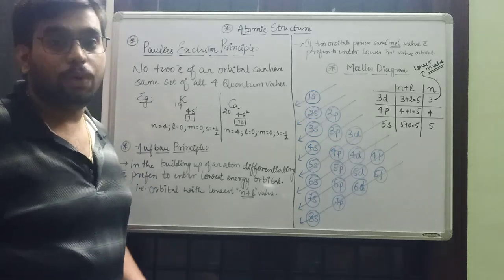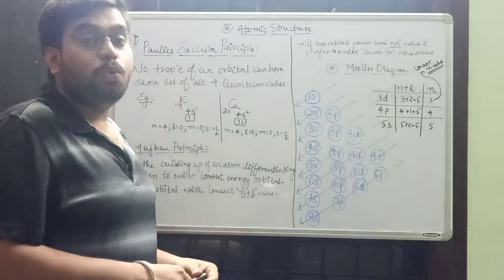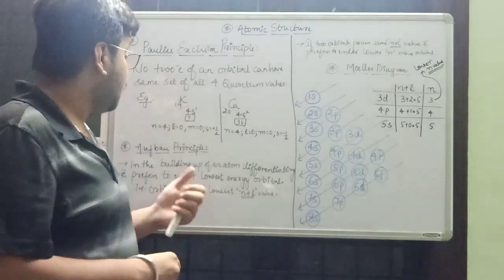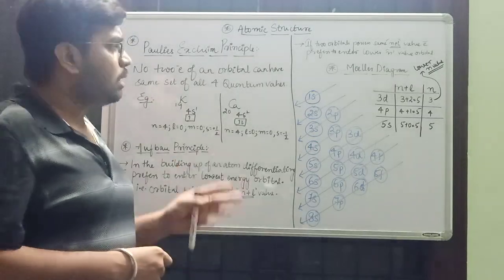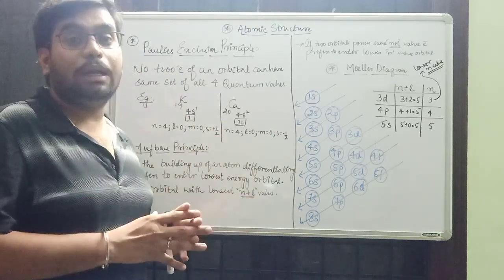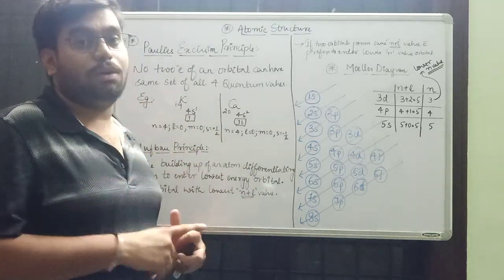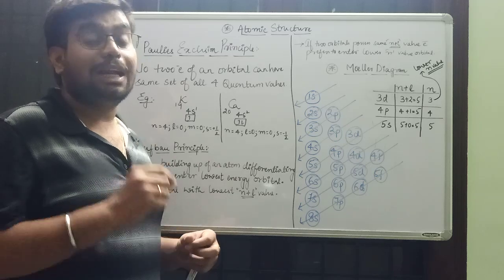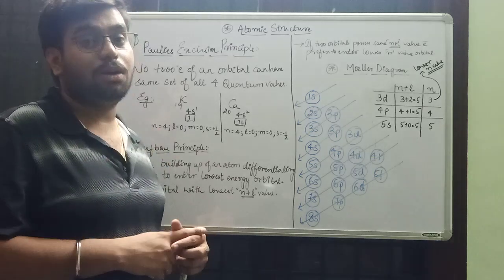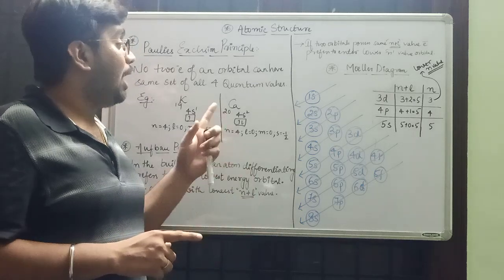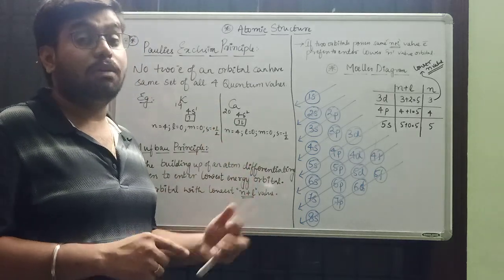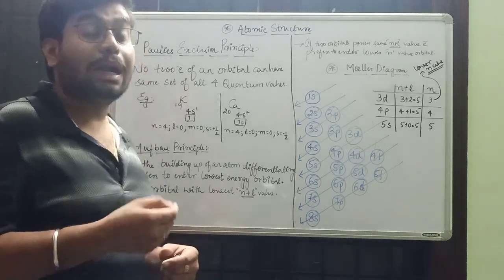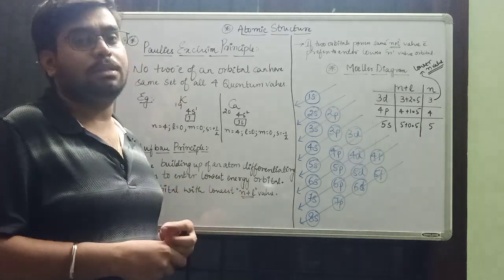Hello friends, welcome. Now we'll be dealing with the topic Pauli's exclusion principle and Aufbau principle. These two principles are very important in writing electronic configuration. Previously, while explaining nlx notation, that was a method used to write electronic configuration, and now after these and another principle, we will be learning how to write electronic configuration and how electrons are actually arranged in the orbitals.